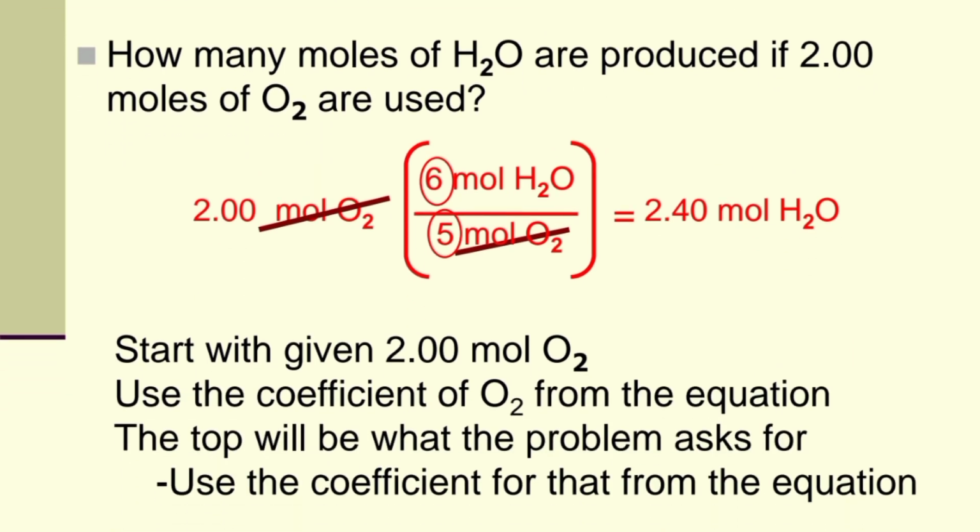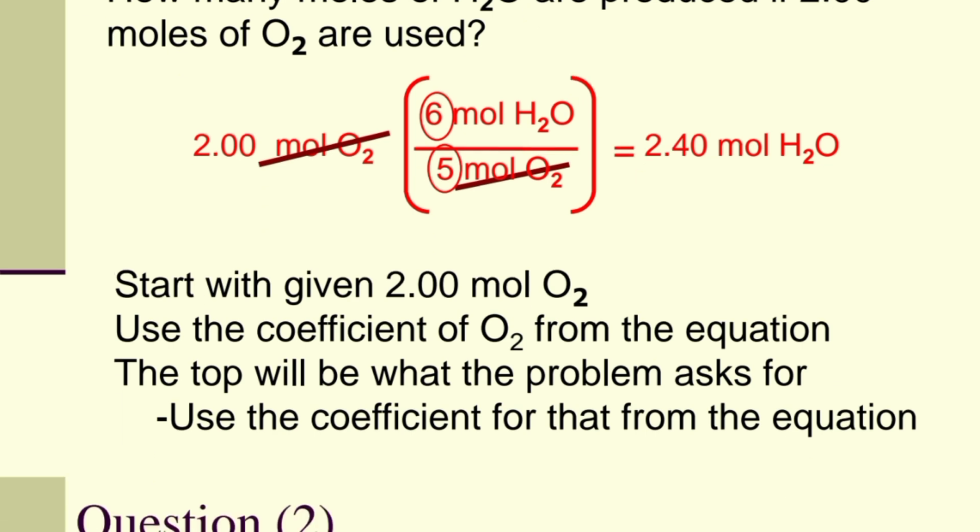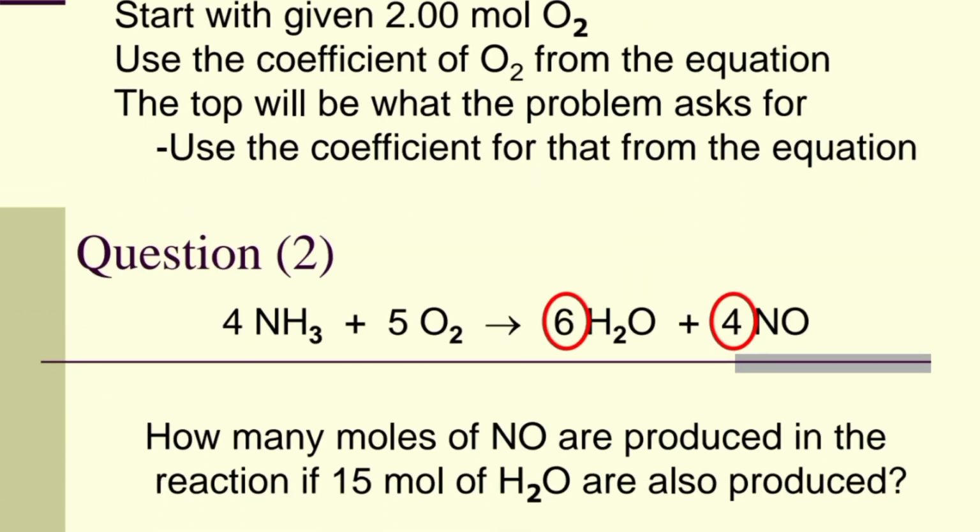Going on to the next. This is the process: start with the given 2 moles of O2, and use the coefficient of O2 from the equation. The top will be what the problem asks for, so use the coefficient for that from the equation. This is the second